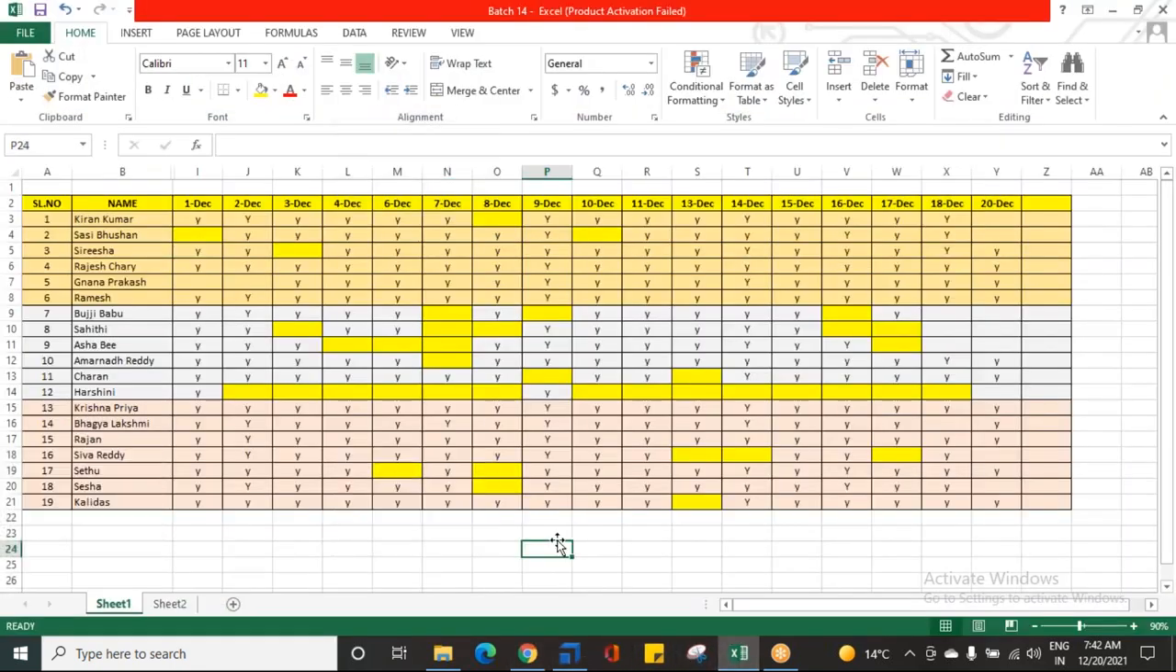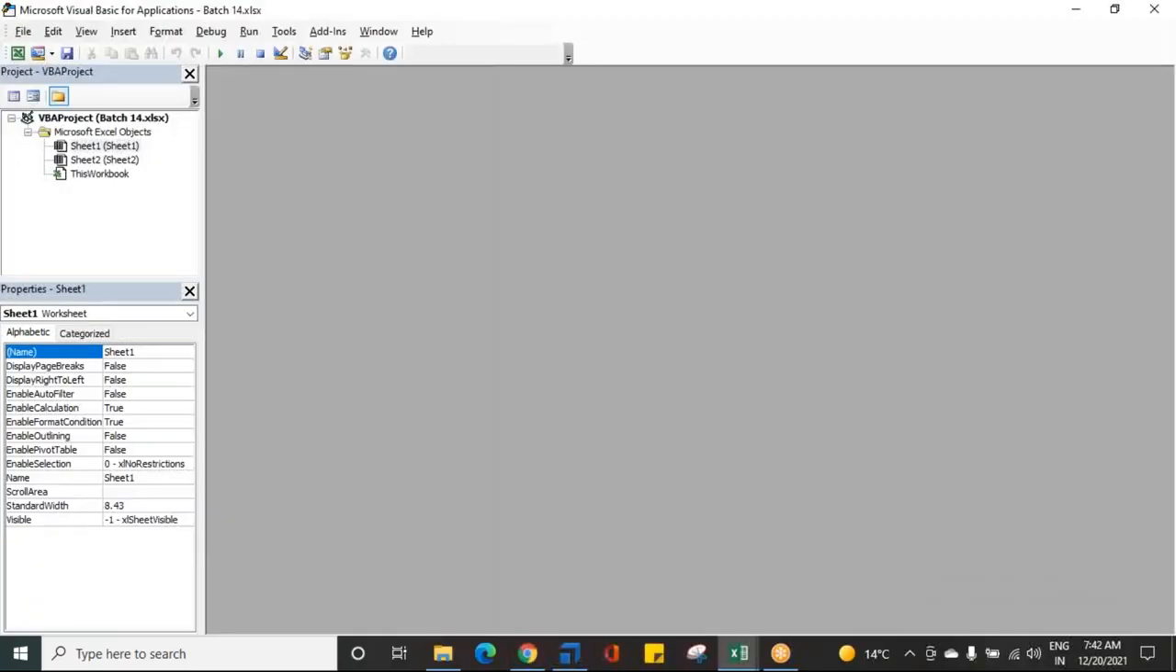So, Alt F11. Go to your Excel and open it. After opening, just press Alt plus F11 on your keyboard. It opens a Microsoft Visual Basic window. This is the place where you can actually write code. Macro means